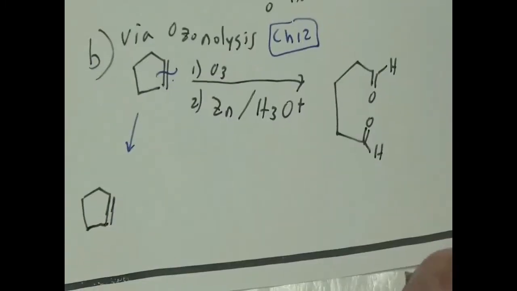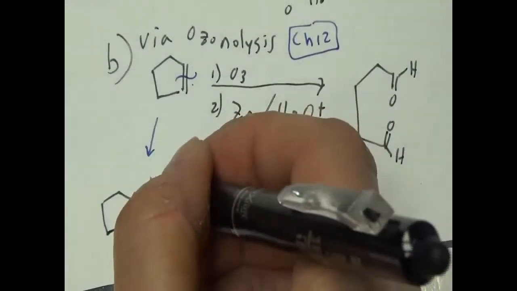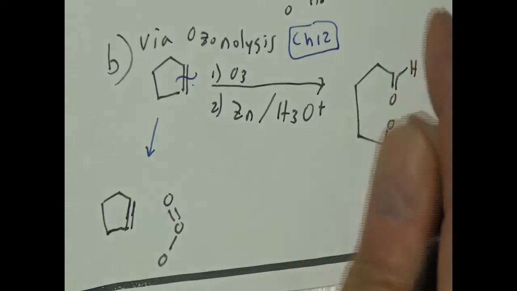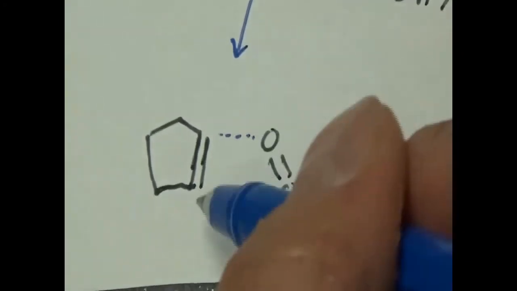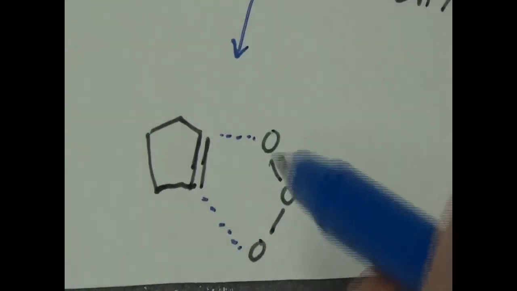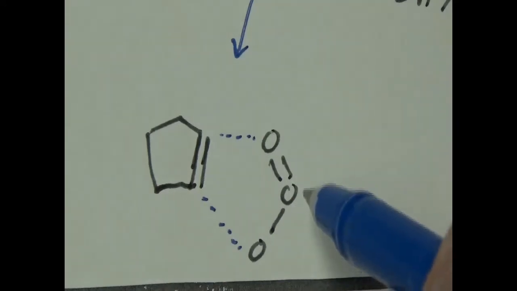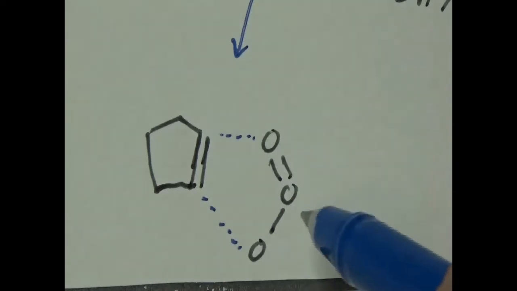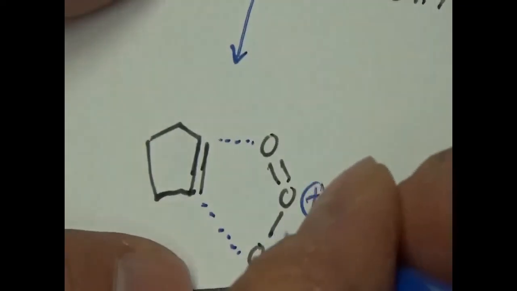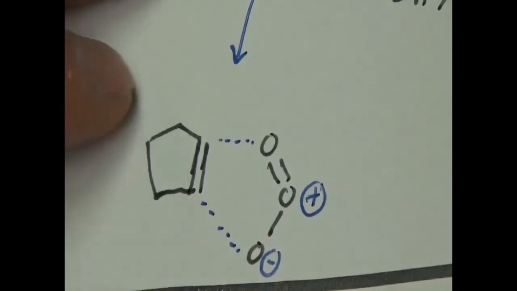Did we draw the alkene? Draw ozone as O double bond O, single bond O, like that, with the lone pairs. It kind of lines up. Any charges I'm missing? Oxygen bound to 3 things is always what charge? Oxygen bound to 3 things is always positive. Oxygen bound to 1 thing is always negative, right?